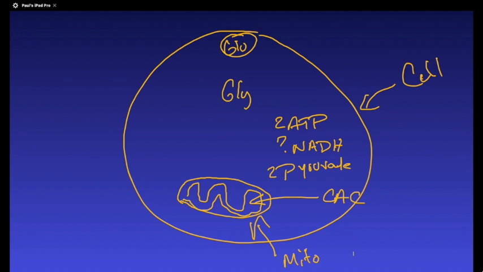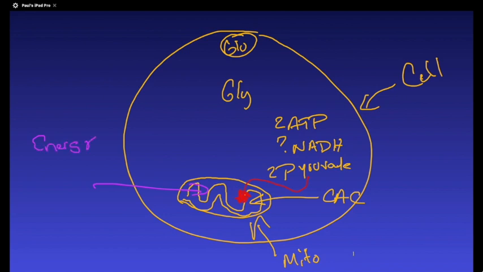Now, that pyruvate has to be moved into the mitochondria. And once it moves into the mitochondria, that's where we can begin the pyruvate dehydrogenase complex reaction, in which the pyruvate is converted into acetyl-CoA and an NADH, so one more energy molecule that will be formed inside the mitochondria. As we go through the citric acid cycle, what are the actual molecules of energy that are produced there? Well, obviously, in one step, we produced a